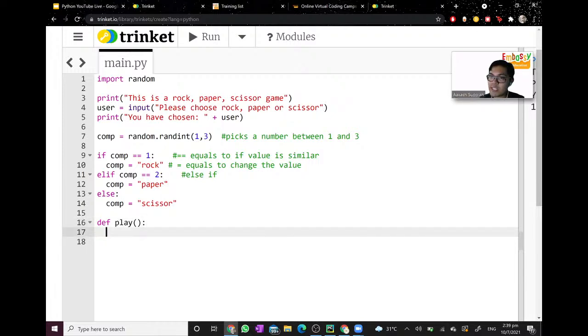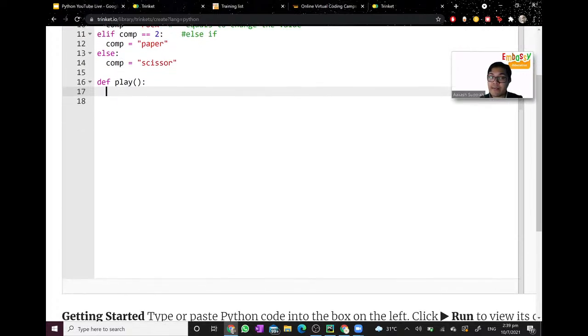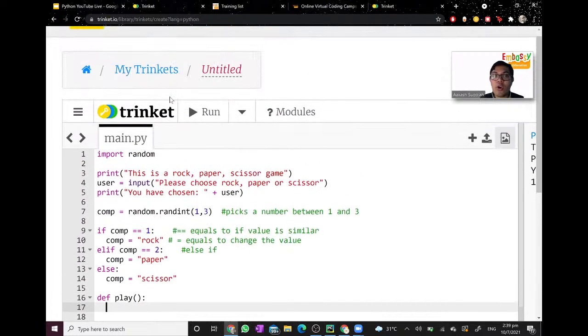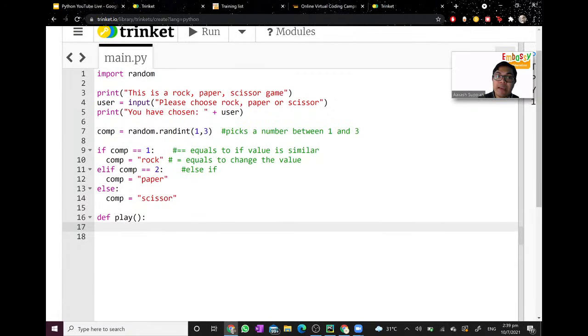That's all. What this means is I created a new function, play, and this function will equal whatever code I write here. As you will see later on, all the code that you write here has an indentation at the start. Whenever the code has indentation, it means that the code down here belongs to this function. So now we're writing our own function called play. Previously, we have actually used some functions like print and random.randint. Now let's create our own function.